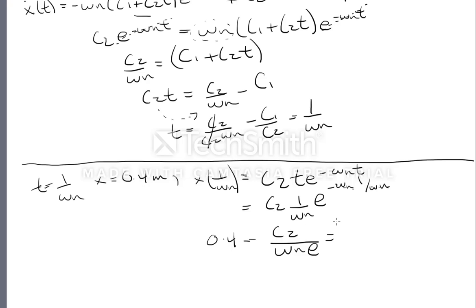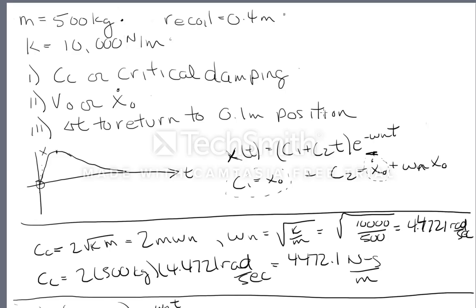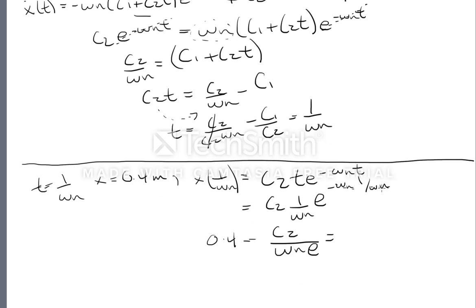But what is C2 equal to? Let me just scroll up here. C2 is equal to x naught dot, this term right here, plus omega n x naught. So x naught is equal to 0, and then we need to figure out x naught dot, our initial velocity. So it equals x naught dot over omega n e, where x naught dot equals 0.4 e omega n